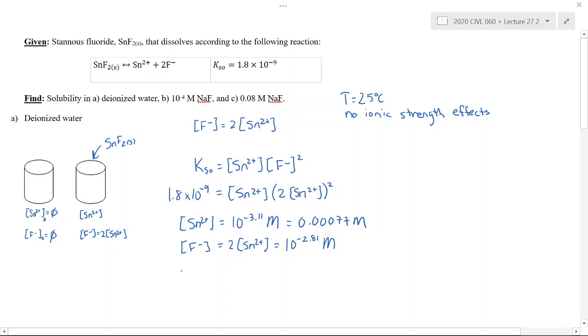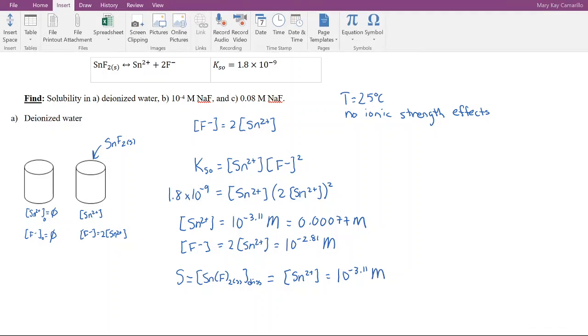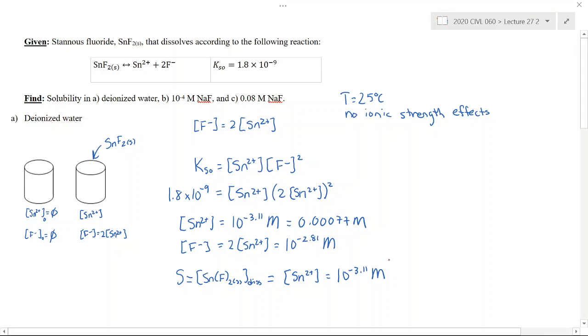And so my solubility, which I'll call S, is the amount of stannous fluoride solid that dissolved into the solution, so I'll call that dissolved, which is equal to the amount of stannous dissolved in the solution, which in this problem is 10 to the minus 3.11 moles per liter. And that is our answer of solubility of stannous fluoride